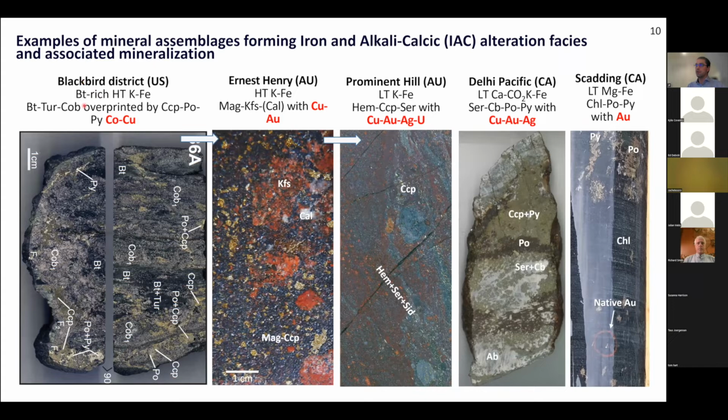And in this case, there won't be any iron oxide, so it will be an iron silicate type of alteration. And biotite will be the key iron-rich mineral. This is very ubiquitous in the mineralization of the Blackbird district in the United States. For example, the Merle deposits, where peak cobalt mineralization is associated with the development of that biotite-tourmaline alteration, to the formation of sensu stricto IOCG mineralization.